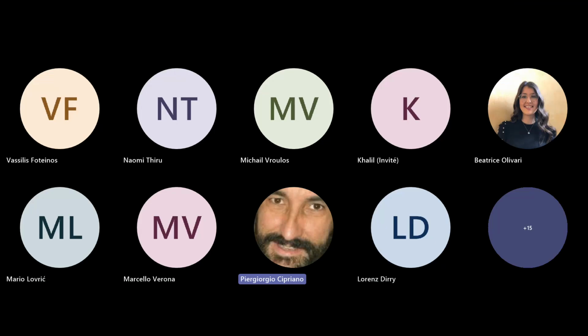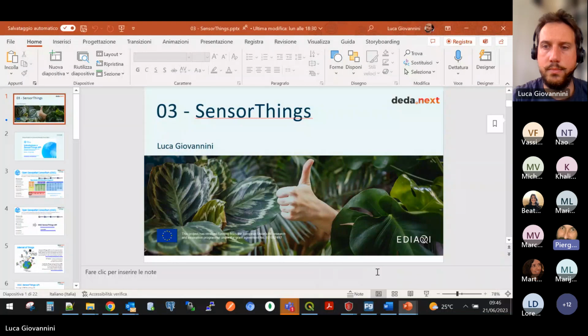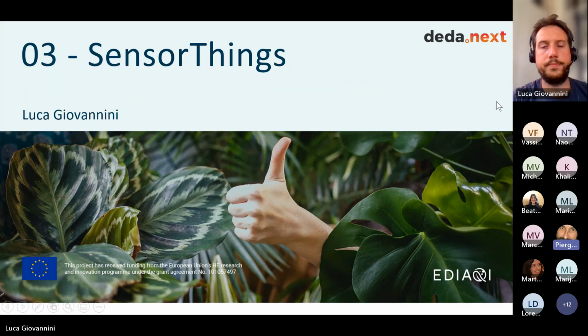While Luca is preparing and sharing his screen, just let me highlight the fact that both standards, WFS, as we already saw, but then also SensorThings, as mentioned before, are data format neutral. That means that data can be provided, as shown by Martina, in different formats. So we can access data in CSV or JSON because the implementation behind allows providing data in different formats. And we will see now SensorThings.